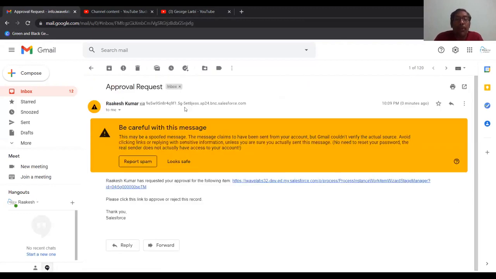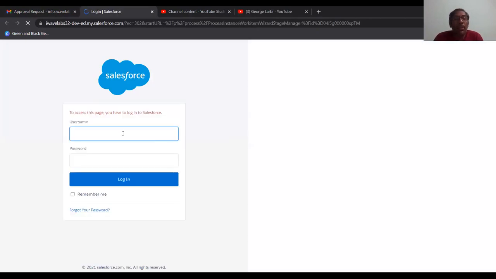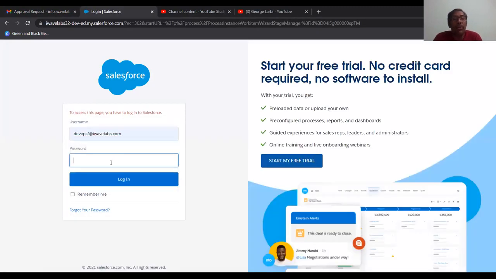I will click on approval request. And then I see here there is a link here. I'll click on this. Now again, it'll ask me to enter the username and password. Again, I'll log in here.